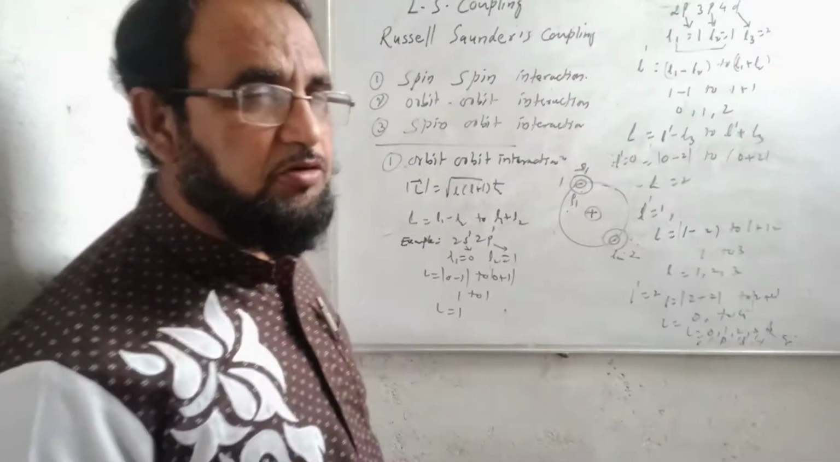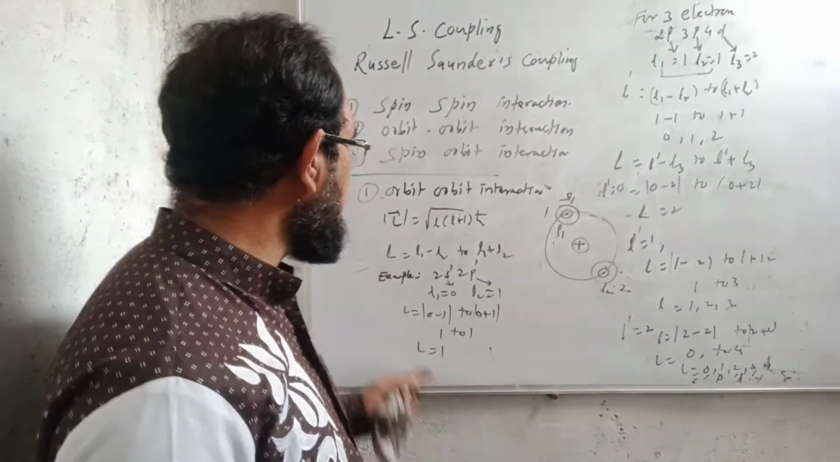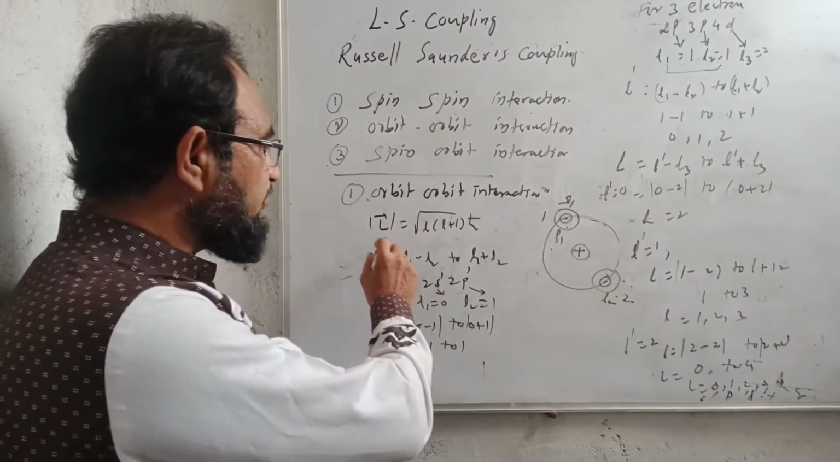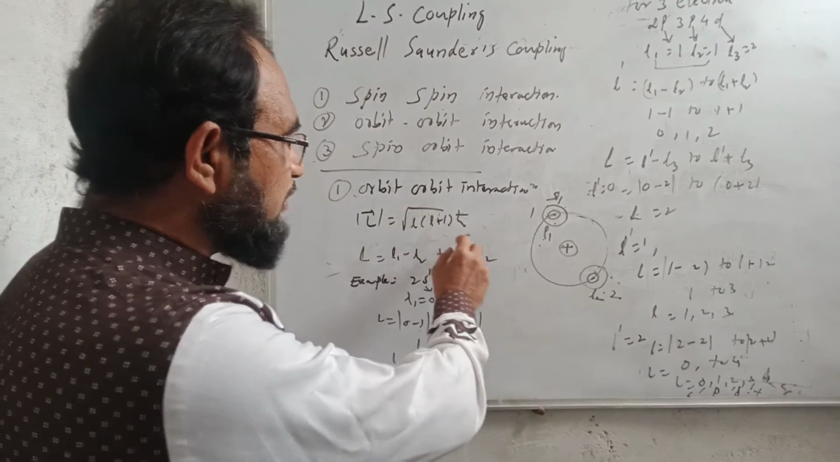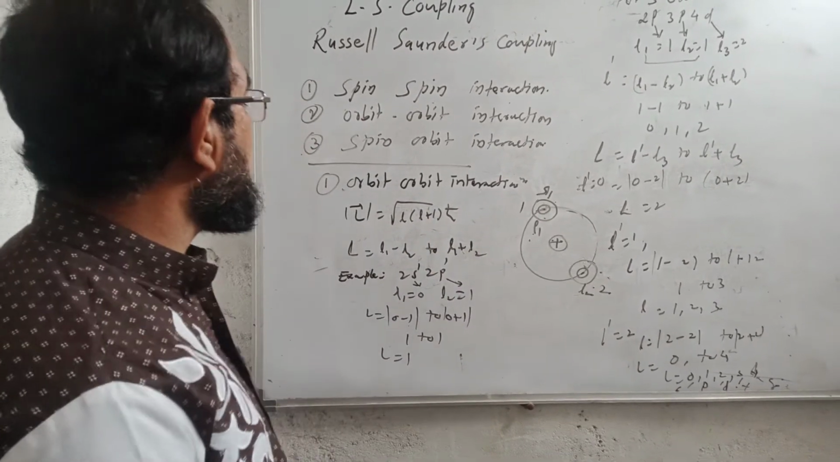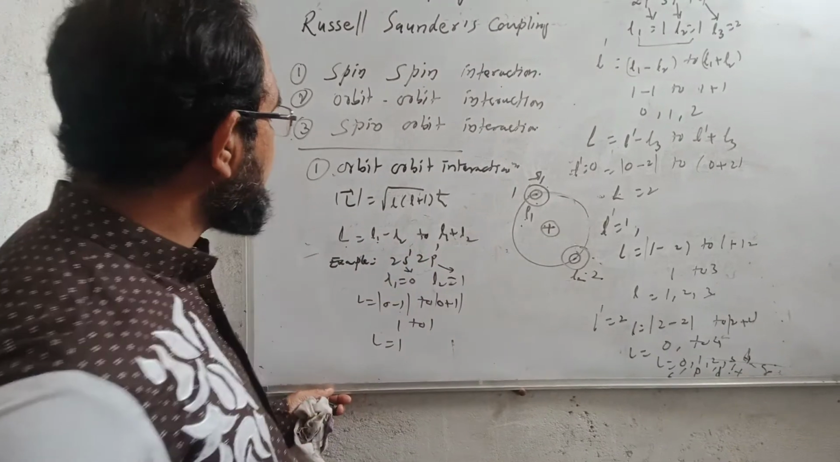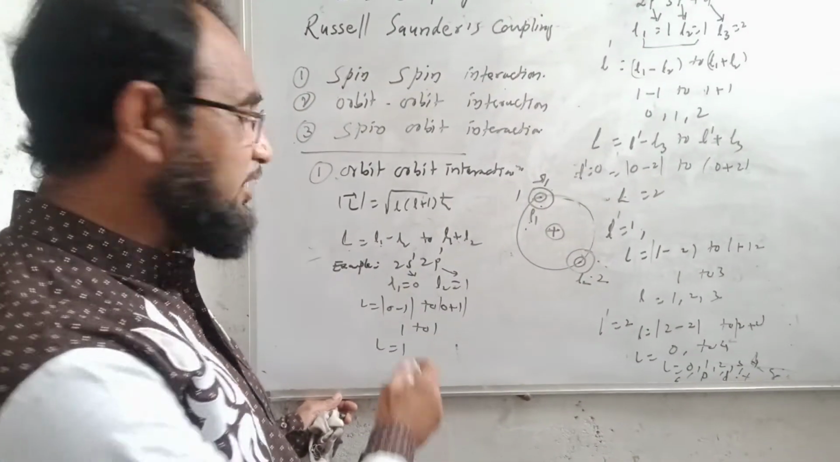So we studied about the spin-spin interaction. Now come to the orbit-orbit interaction. We have the formula for the magnitude of orbital angular momentum, root over L into L plus 1 h cross, where the value of L will be from L1 minus L2 to L1 plus L2. Now take the same example as